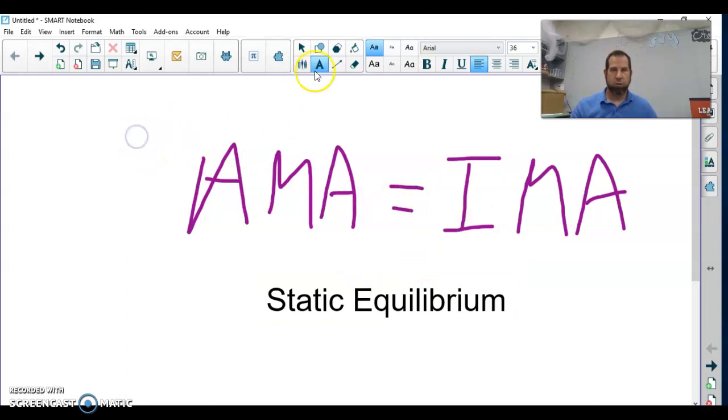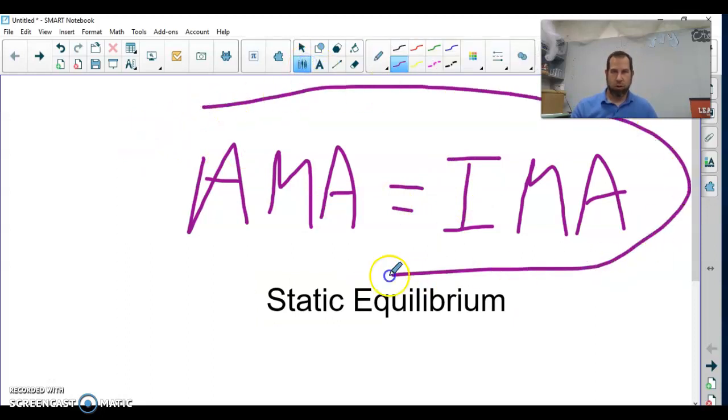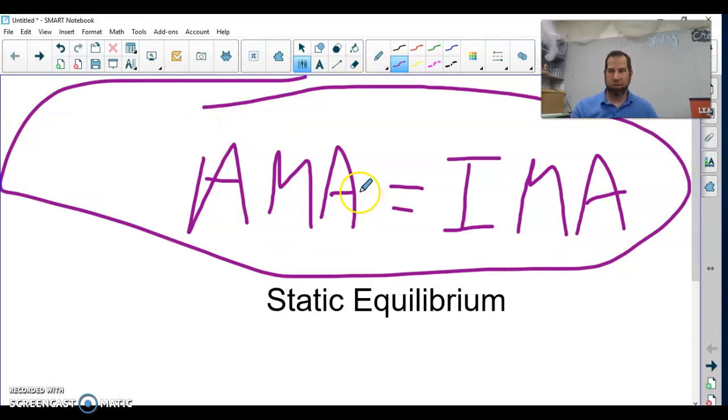This is what we deal with and what we assume. So on all the problems that you guys are going to be doing, you can assume that the actual mechanical advantage and ideal mechanical advantage are equal to one another. They are equal. I can't stress enough how important this is. So what does that mean? Well, that means that actual mechanical advantage, or in other words, AMA,